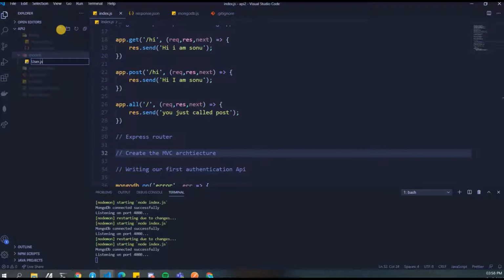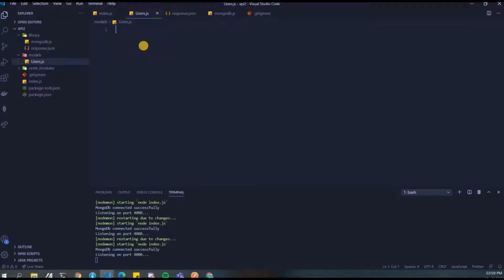Since today we are gonna deal with users, let's start with users.js. So I created one folder called model, inside which I added one JS file which is users.js. This is gonna take care of my user model.